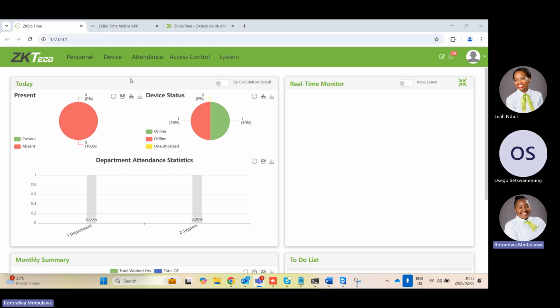okay? So here on the dashboard, you will be able to see your two pie charts. The first one represents the employees. So it will show you the present employees and absent employees in percentage and number in case where you have added your employees, okay? And then the device status will give you if the device is online, offline, or unauthorized. Okay, so I will explain this as we move forward with regards to the unauthorized state, offline, and the online